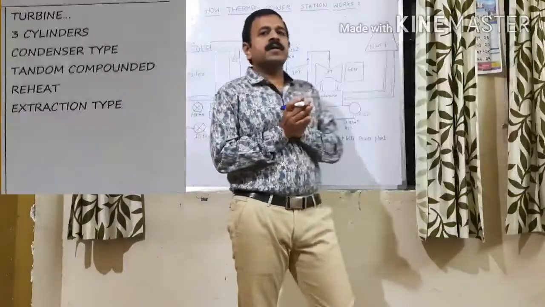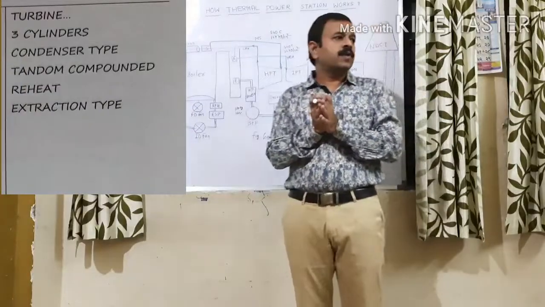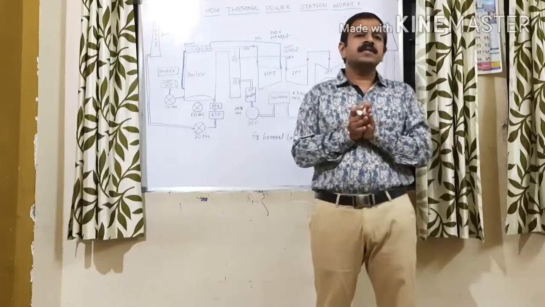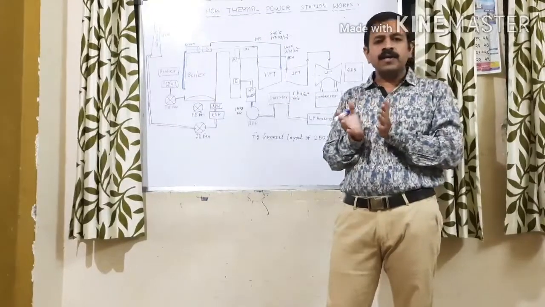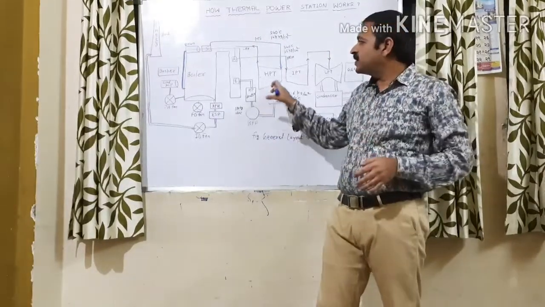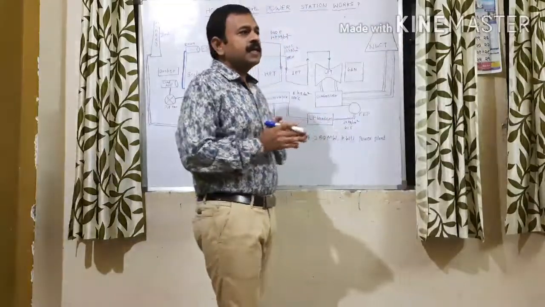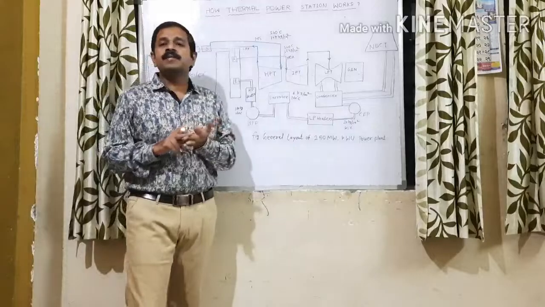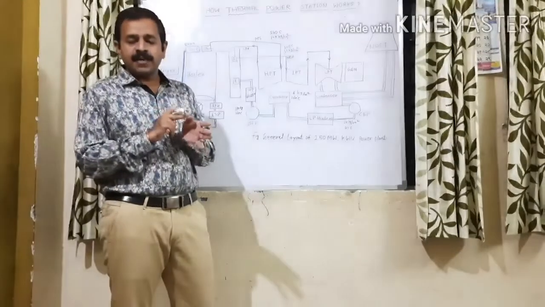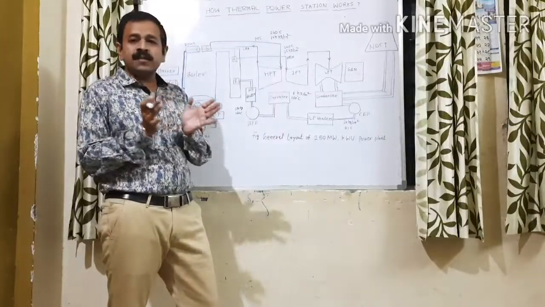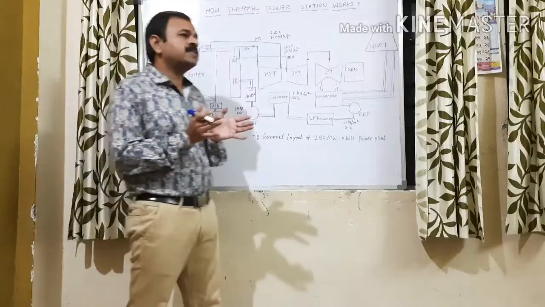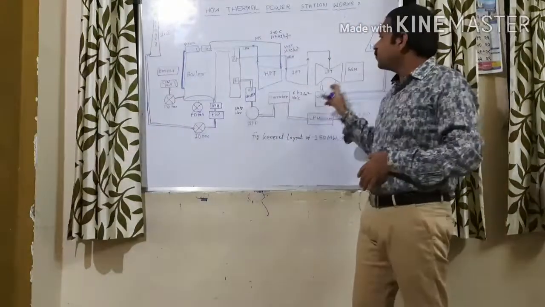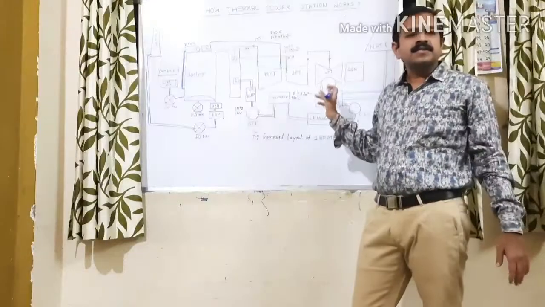To control and regulate the speed of the turbine, we have a governing system called EHTC, Electro Hydraulic Turbine Governing Control. To monitor the various functions of the turbine, like vibration of the turbine, vibration of the shaft, vibration of the bearing pedestal, axial shift and shaft expansion, we measure the turbovisory parameters. We have total automation and total instrumentation. We observe these turbovisory parameters for the turbine and generator set.